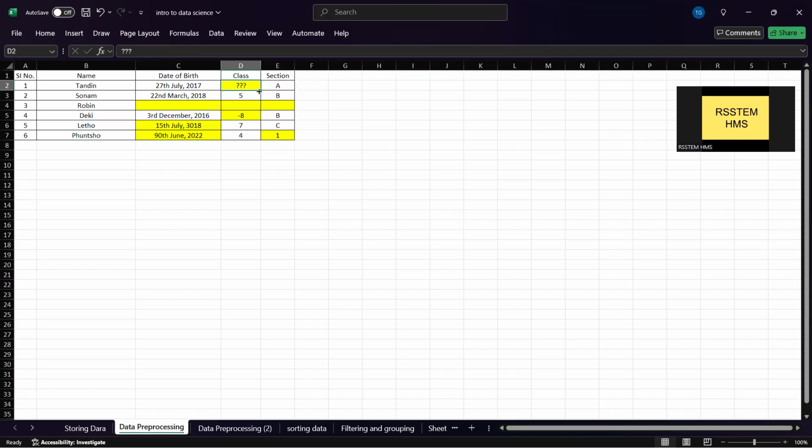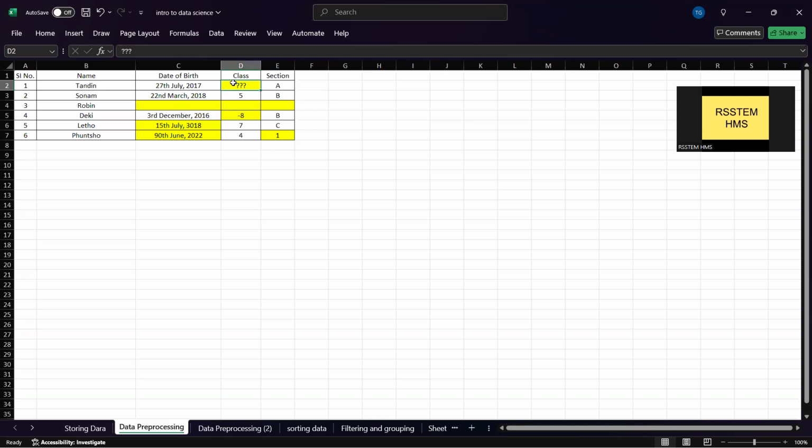Class, it should be in the form of numbers, but some are not in number format. Here there is a question mark, which means I do not know what the data is.